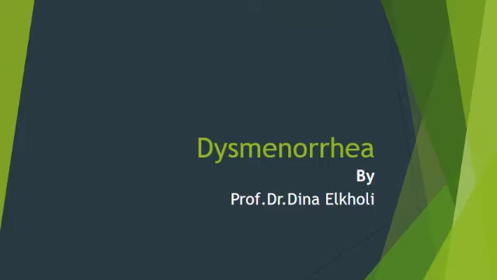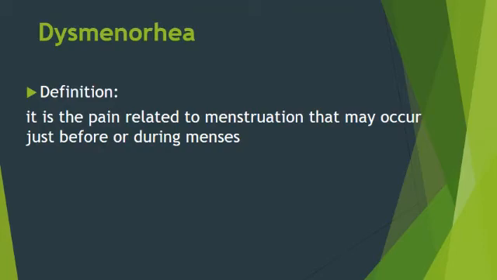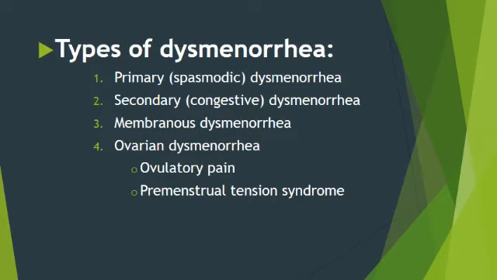Dysmenorrhea. Dysmenorrhea means the pain related to menstruation that may occur just before or during menses. Types of dysmenorrhea: primary spasmodic dysmenorrhea, secondary congestive dysmenorrhea, membranous dysmenorrhea, and ovarian dysmenorrhea, which may be ovarian pain or